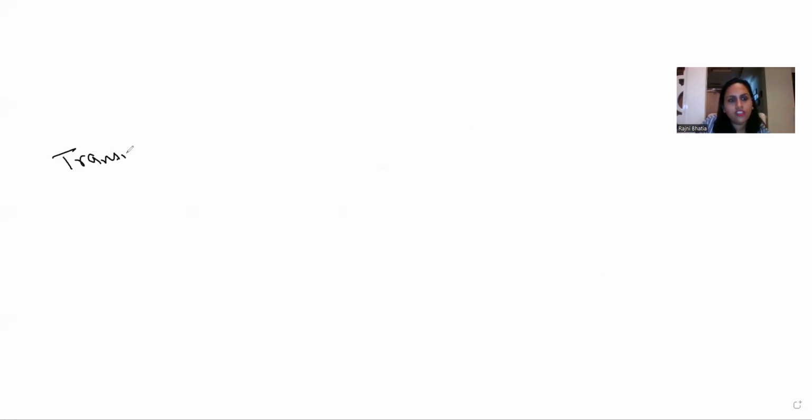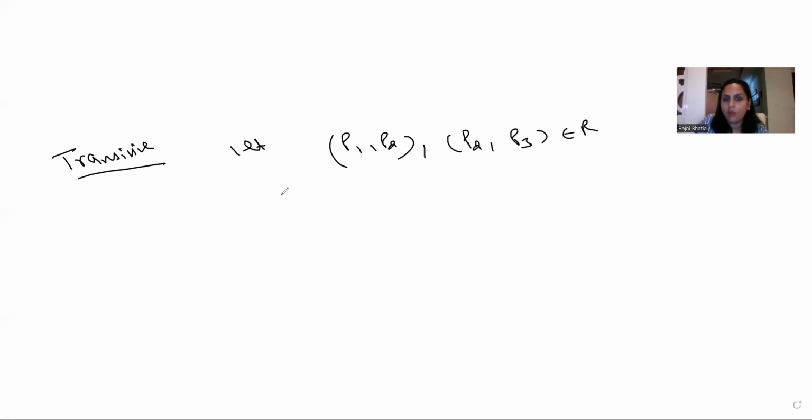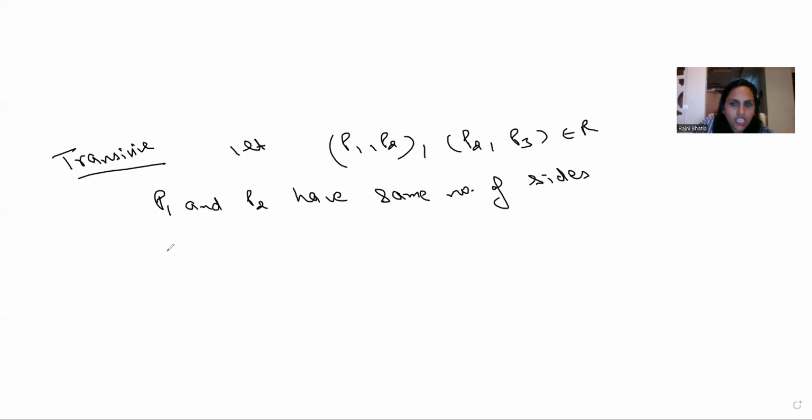Now we will look at the transitive part. For transitivity, we will write let P1, P2 and P2, P3 belong to R. Now P1, P2 belongs to R. This implies P1 and P2 have the same number of sides. P2, P3 belongs to R. This implies P2 and P3 have